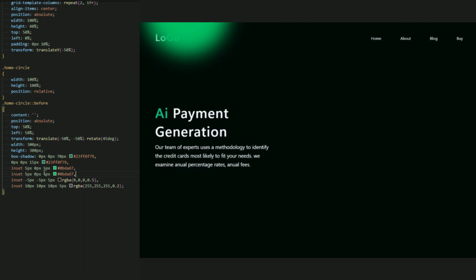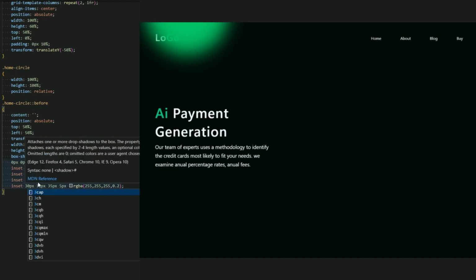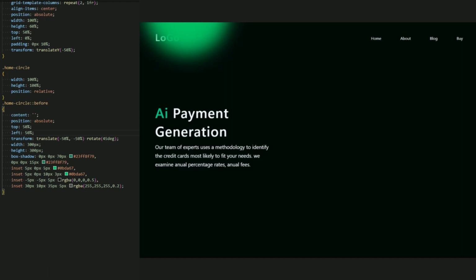Let me add 10 pixel. Let this be 3 pixel. There we go. And for this RGB, I think that should be the same. Yeah, let me add this 35 and this be 30 pixel. Yes, I think everything is fine.